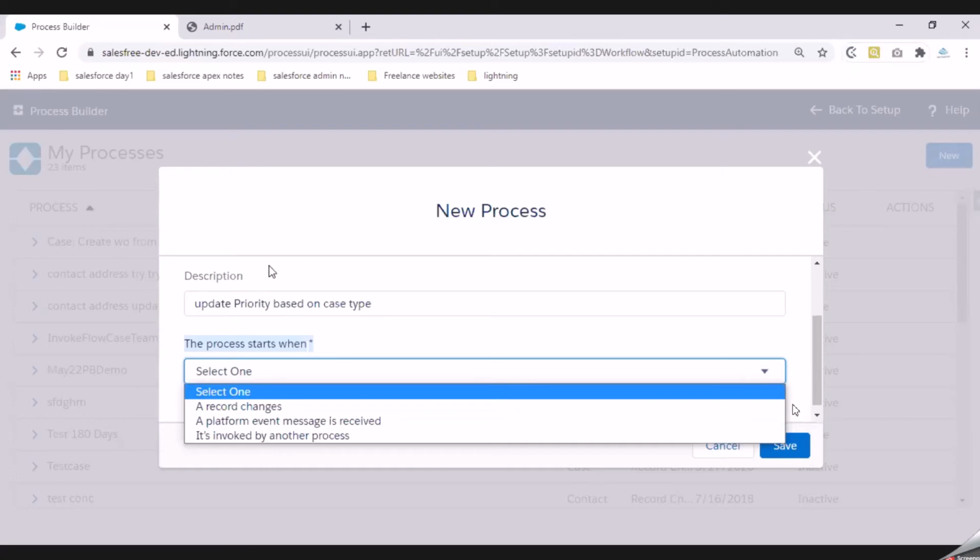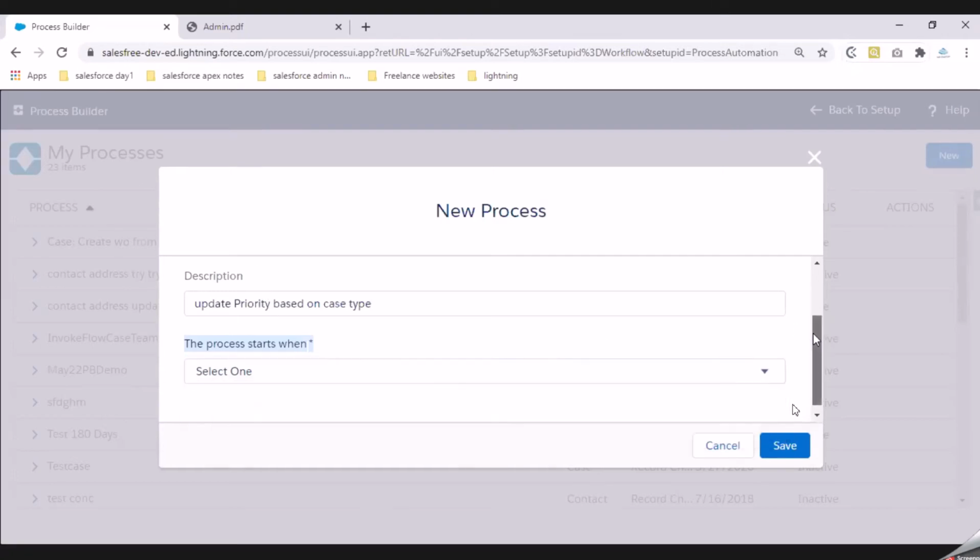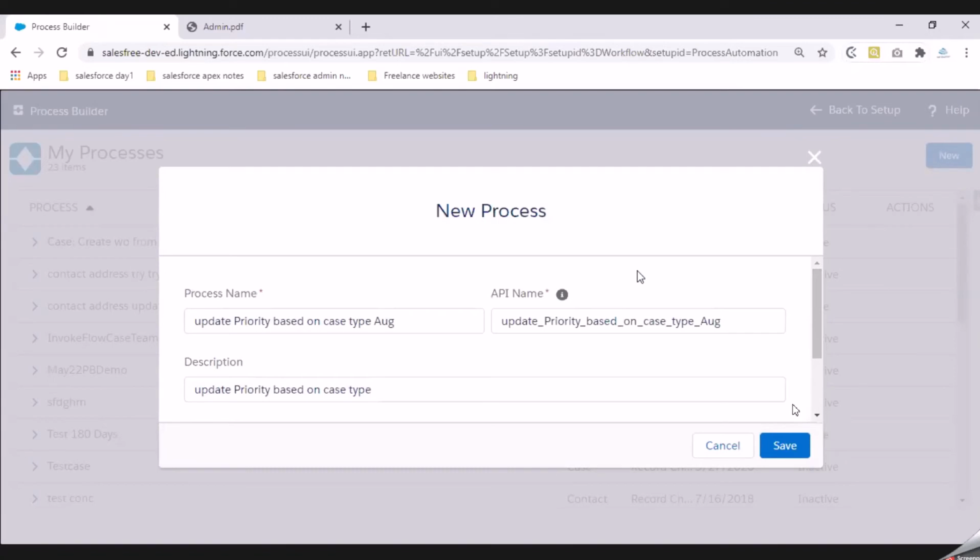So what I'm trying to do as a part of this process builder is replicate the scenario that we discussed in our workflow rules, but this time we'll understand: do I need to have 3 workflow rules, or can it be done by using one process builder? Later, once we complete configuring the requirement we discussed in yesterday's class, where electrical or electronic should be updated as priority equal to high, mechanical and structural should be updated as medium priority, and last but not least, others should be updated as priority low.